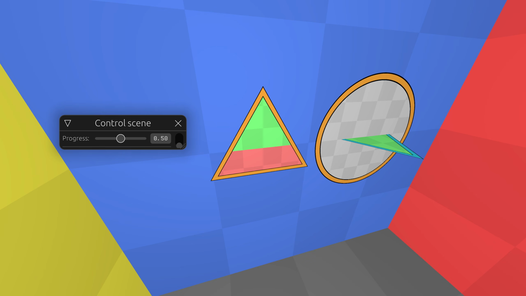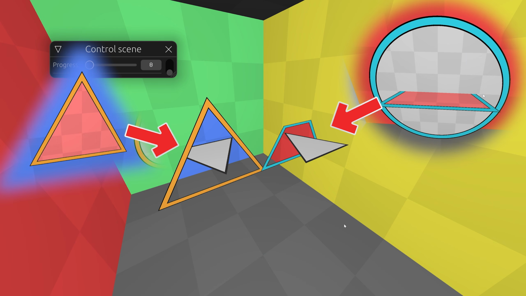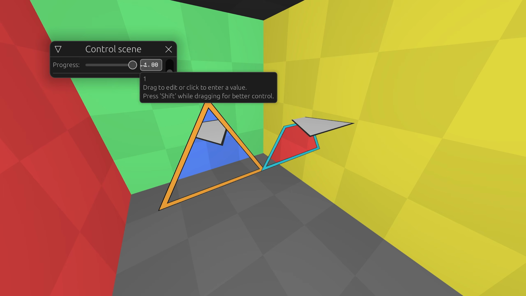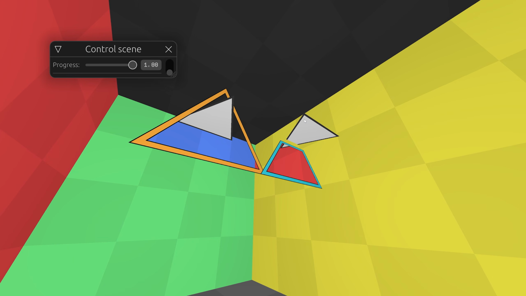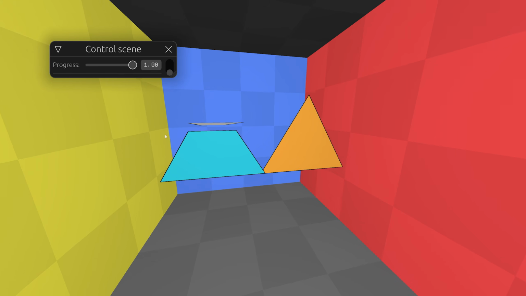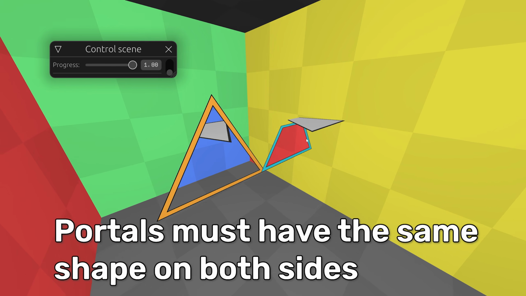Let's suppose that at this stage here, it must be not half red, but full red. What would happen then? We can understand that in the following scene. We can treat the missing part as green. It seems that everything is fine. When we move the teleported object up, it breaks on one side. This violates our first portal rule. When we connect the box, we don't get a clean doorway. It means that portals must always have the same shape on both sides.